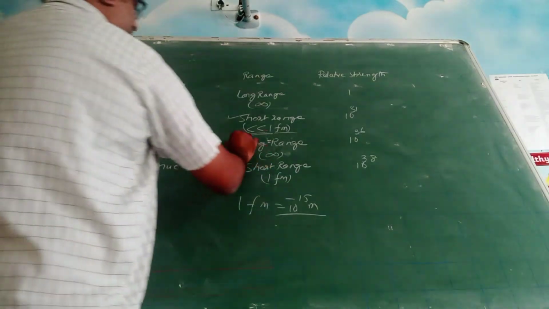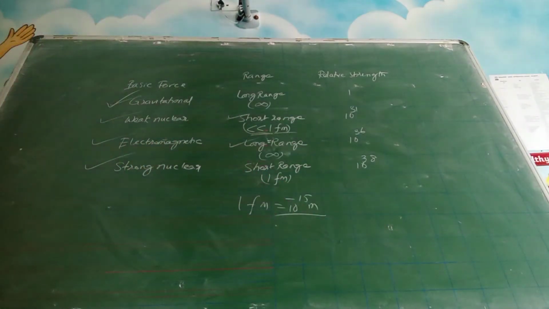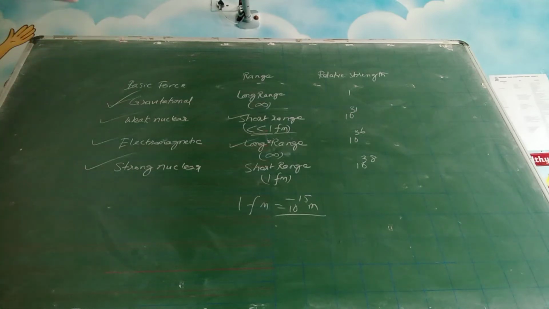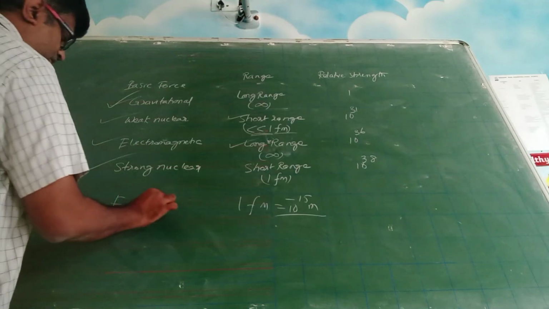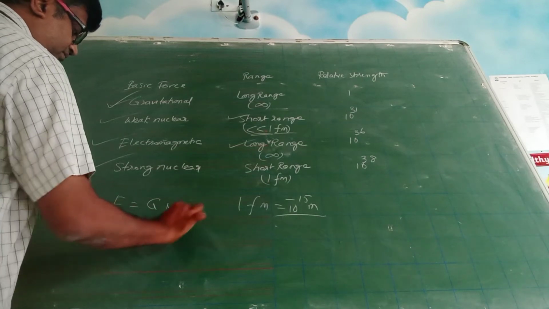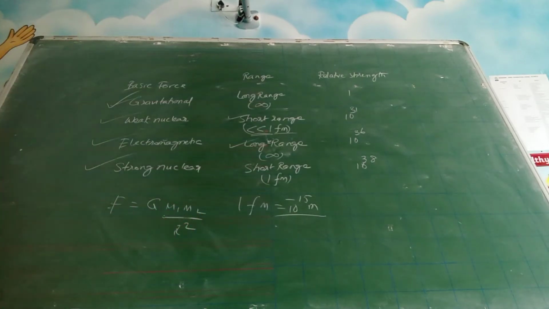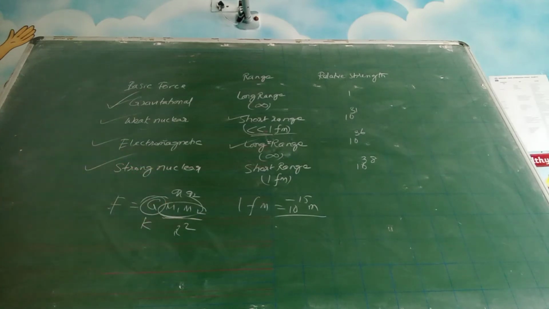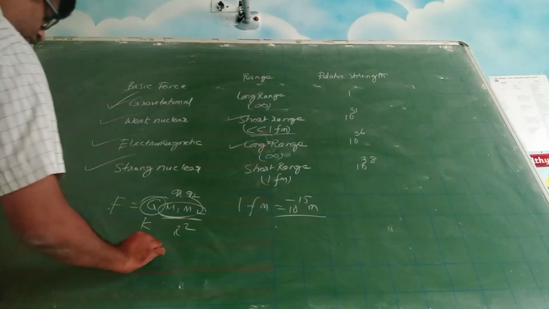Electromagnetic forces, these are long range forces. But however, electromagnetic forces also, like gravitational forces, when you bring them closer, the force becomes stronger. Because it is F is equal to G m1 m2 by r square. That's basically Coulomb's law. This is what you are seeing, F is equal to G m1 m2 by r square. While you will be studying about electrostatics, this constant will change to K, and these will change to Q1, Q2. Q1, Q2 are the charges. So basically, this is an output of Coulomb's law.